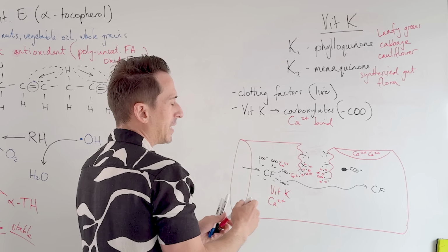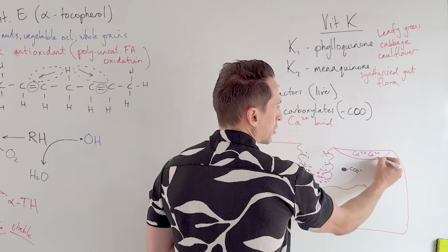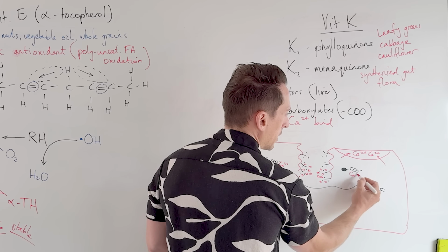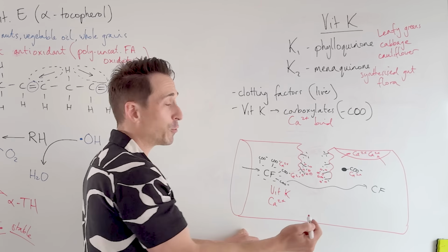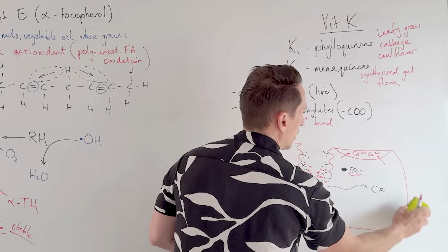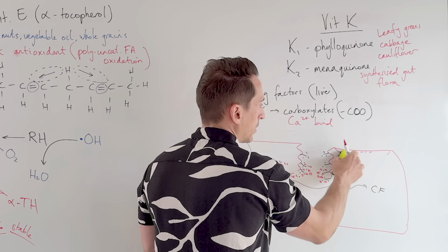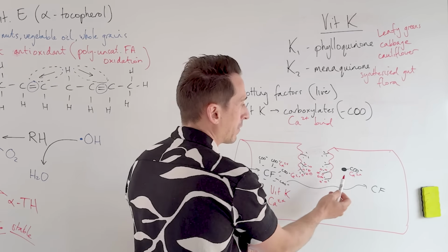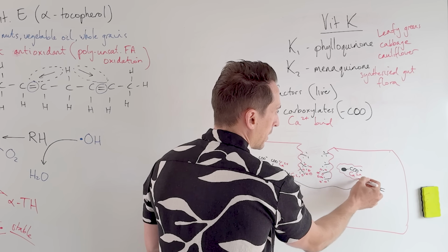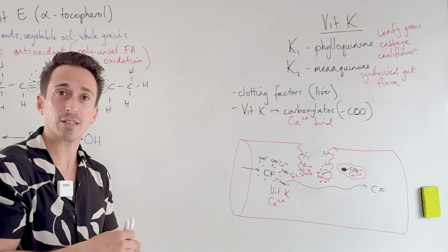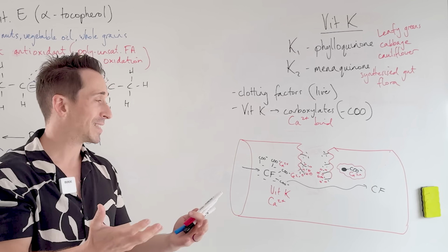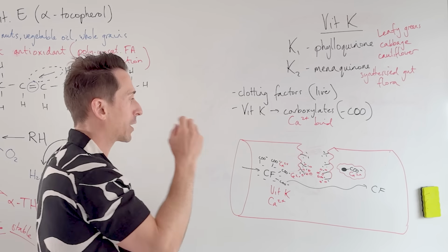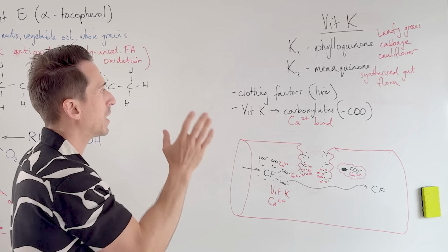And what it does is instead of telling the calcium, yeah, I'm gonna just embed myself in the epithelia here, the calcium instead will bind to these matrix proteins, reducing how much calcium is embedded. So that won't happen. Or you get a reduced number of calcium being stuck to the walls of the blood vessel. And they bind up here so that it reduces that risk. So it allows for the vasculature, the blood vessels, to reduce any calcium plaques or calcium deposits occurring. All right, so that's vitamin K.